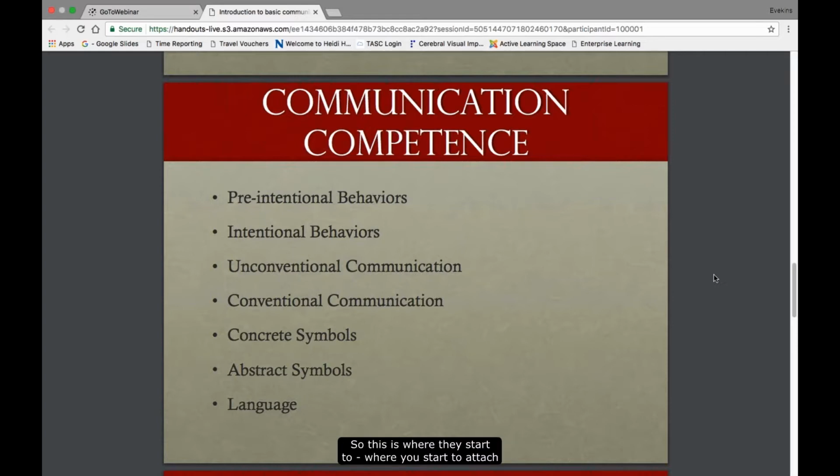So this is where you start to attach meaning. And this might even be where you'll say, oh baby, you're hungry, or oh, I see, you have an owie on your finger. You're telling me that you've got an owie. And so that's labeling what it is that you recognize that behavior to look like, so that the child can start to mold their communication to specifically let you know what it is that they're trying to tell you.